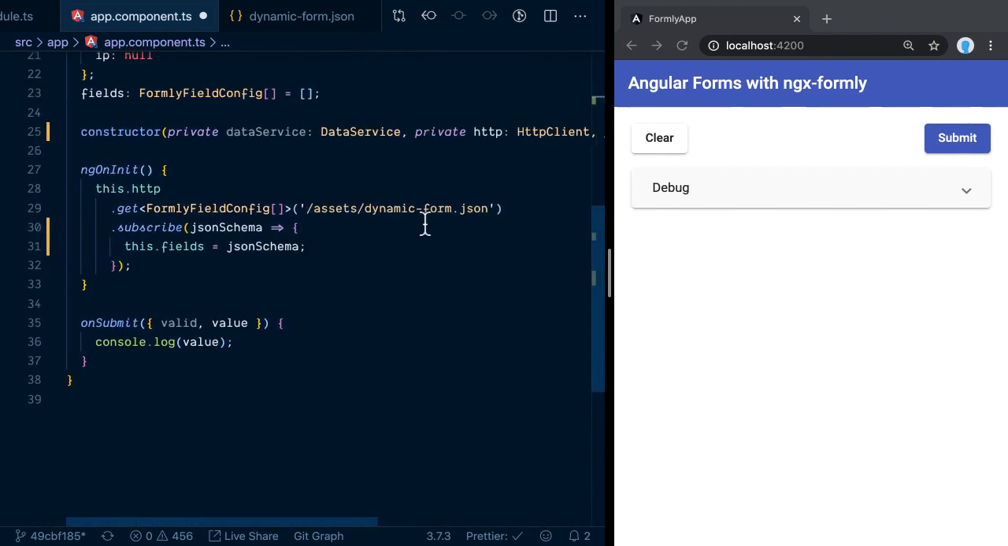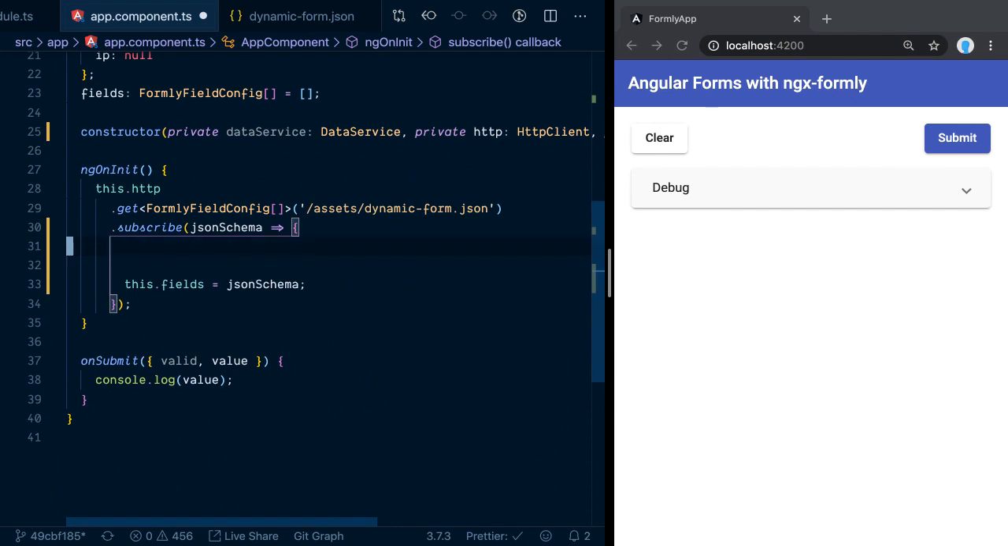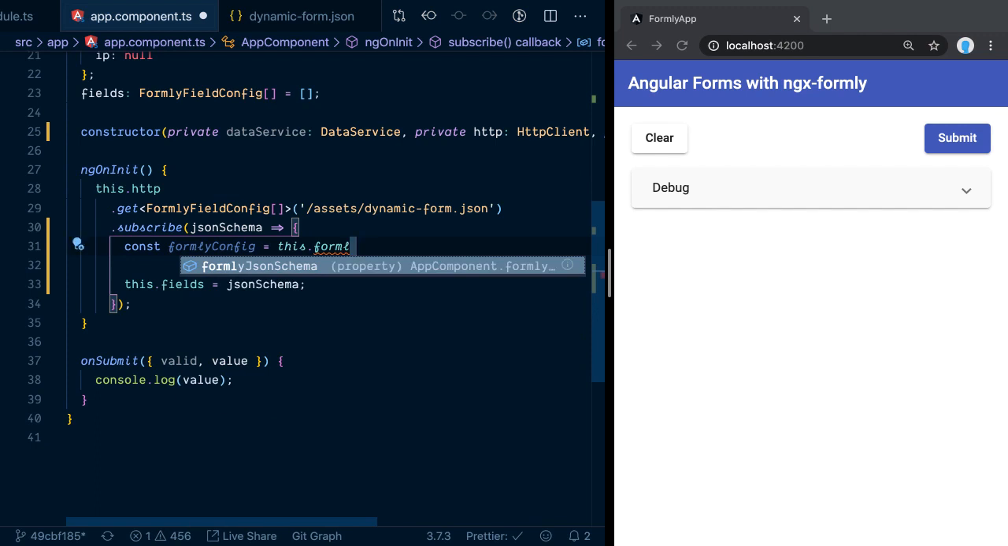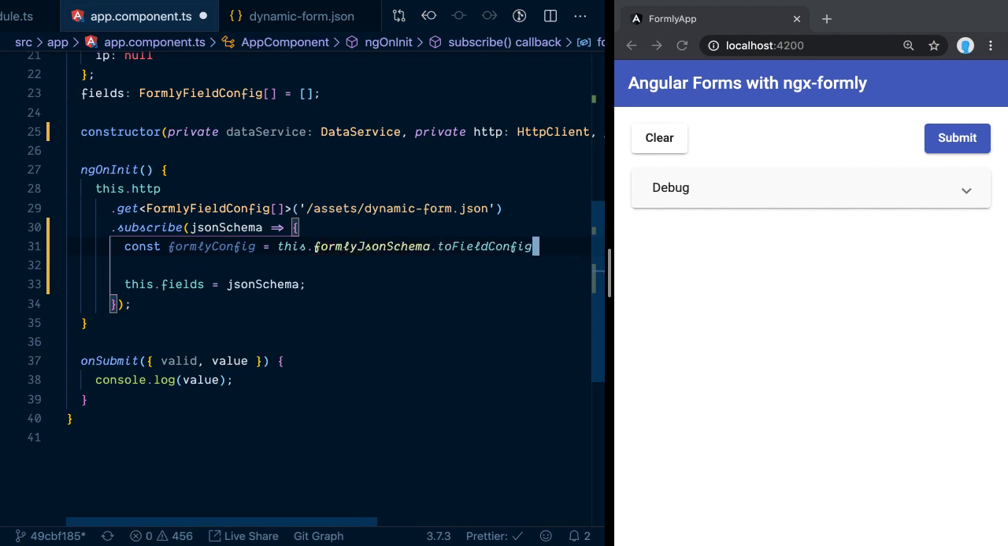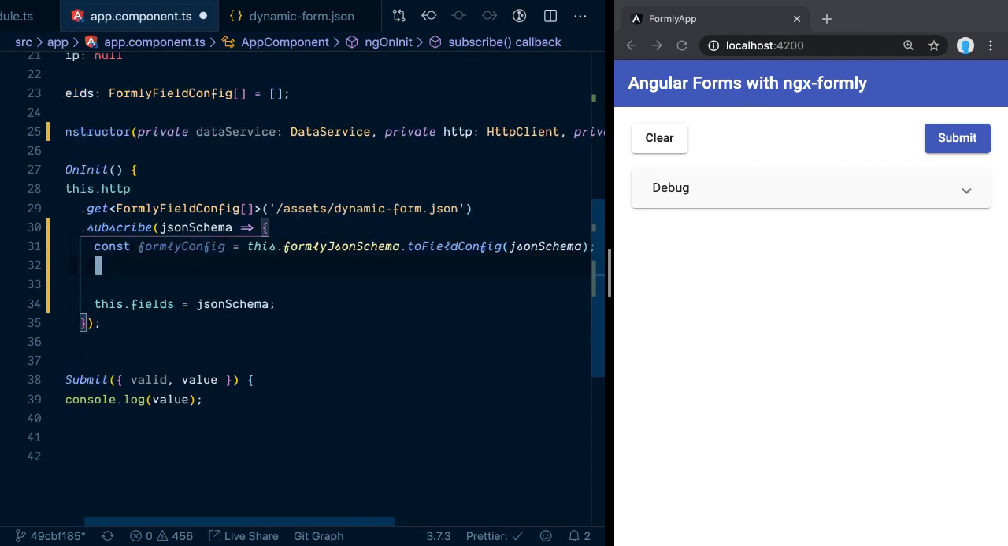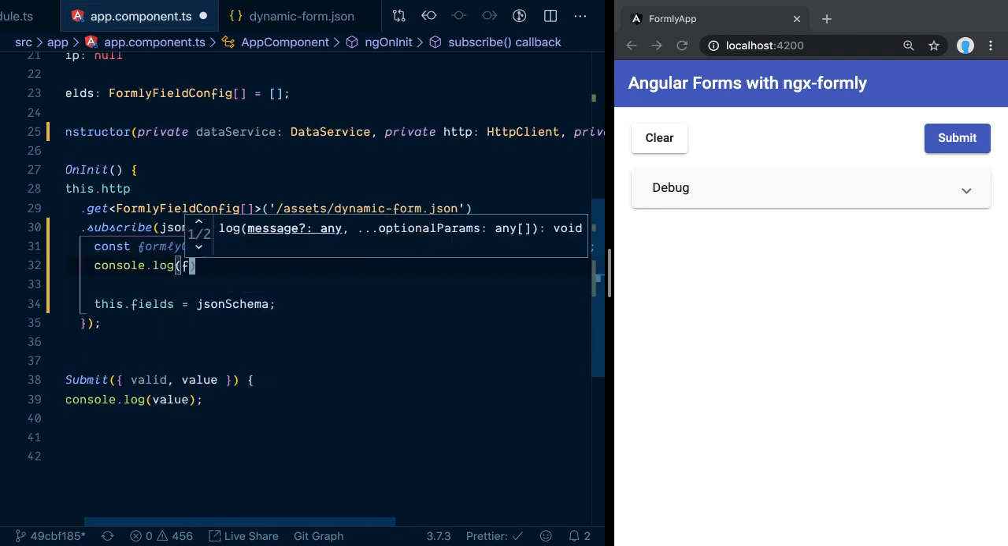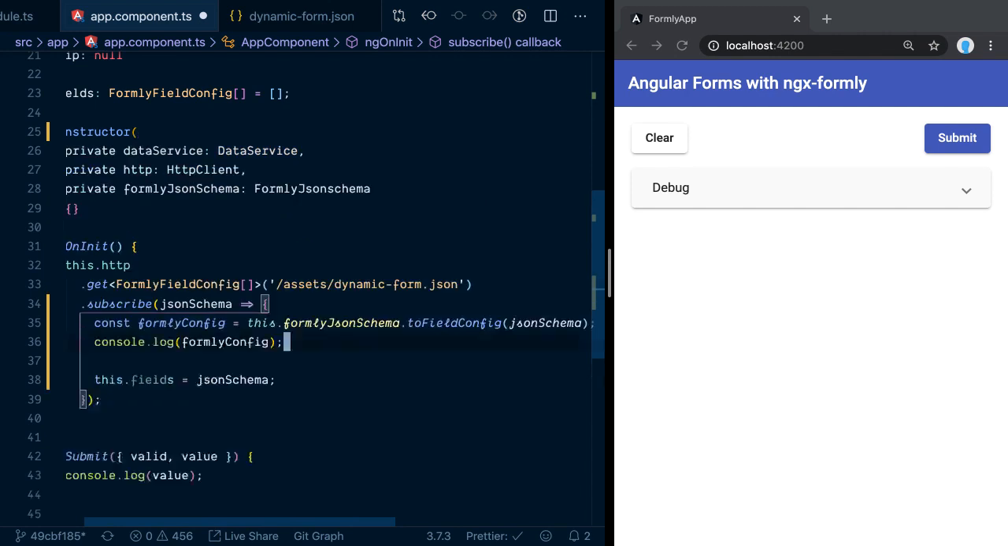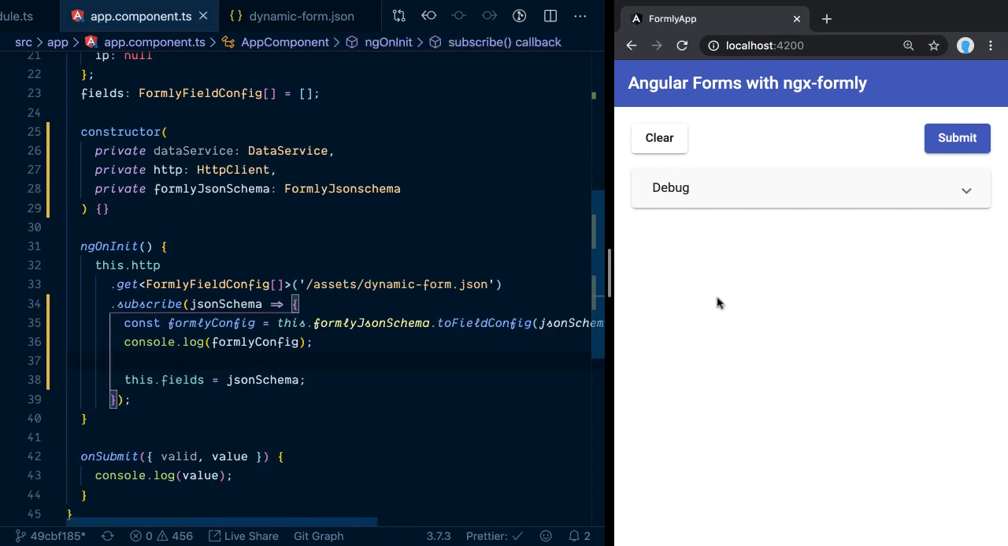Now once we have that in place, we can actually go and map our JSON schema object here into a proper Formly configuration. And so here we define the formlyConfig, and we can say this.formlyJsonschemaService.toFieldConfig. And this expects here a JSON schema. Now for now, let's just log out the Formly config to see what we get as a result. And if you open up here the console,